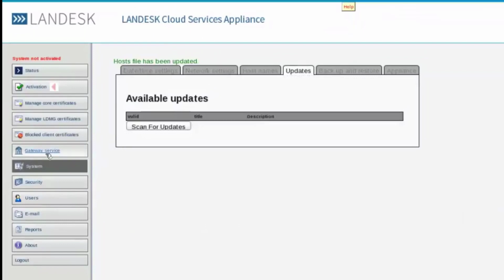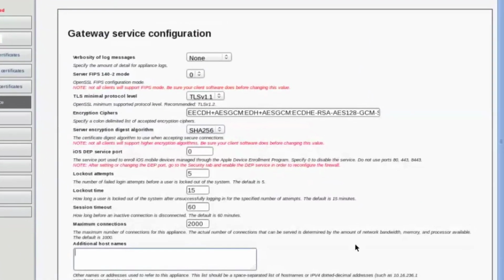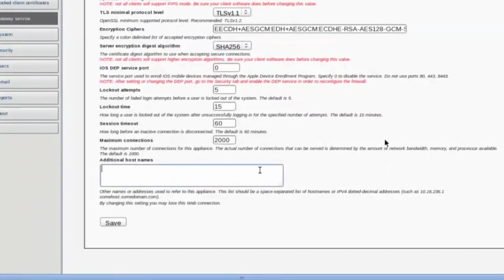Now we need to configure the gateway service. This is where we're going to specify additional host names. Again, we've really focused on security here as far as the cloud service appliance is concerned. And so we want to make sure that there's no redirections or anything nefarious going on. It will only reply to commands sent to